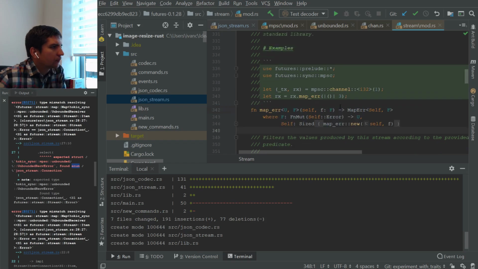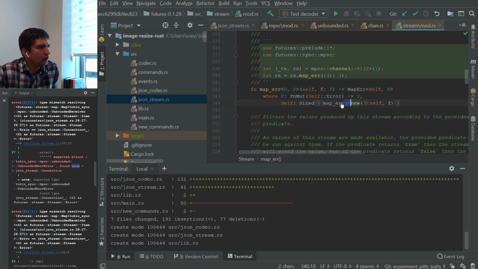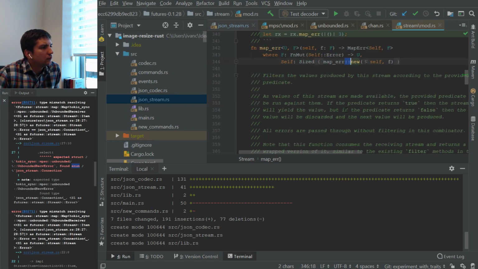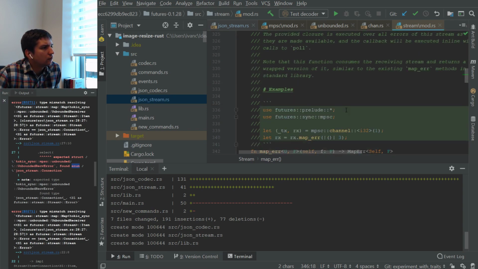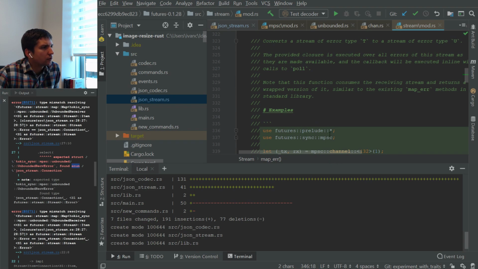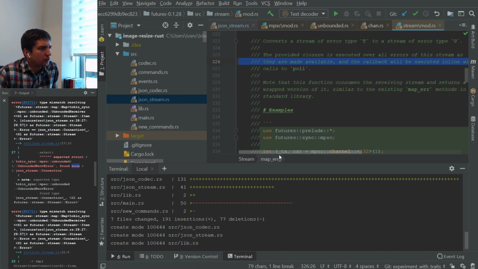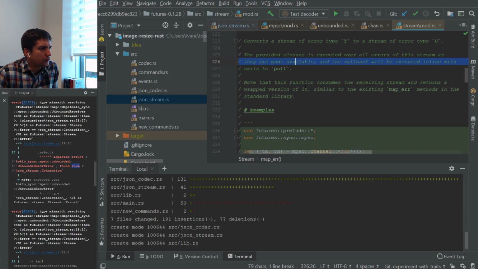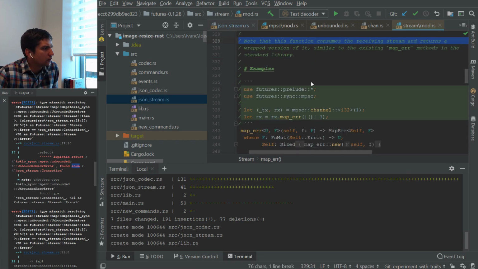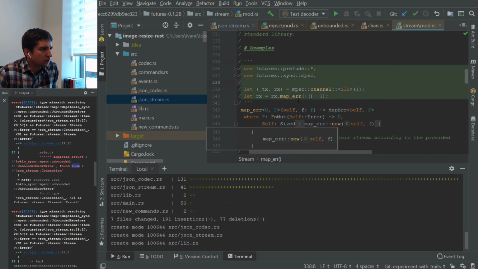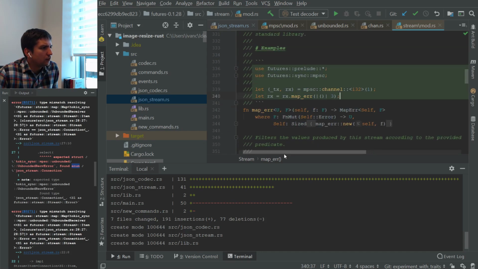So we have, for instance, map, converts a stream of error type T to a stream of error type U over all errors of the stream as they are made available, and then callback will be executed in line with calls to poll. Note that this function consumes the receiving stream and so on. Yeah, it's clear. How about